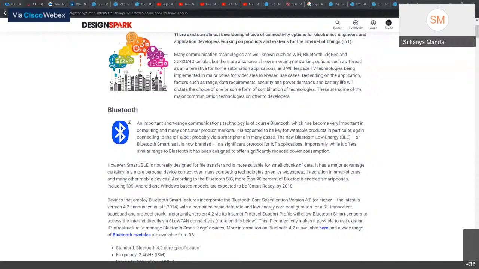And then there are conferences that have enabled RFID.